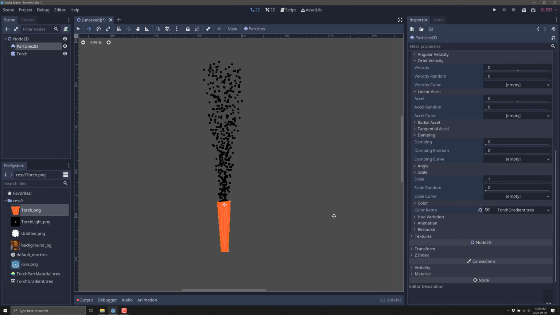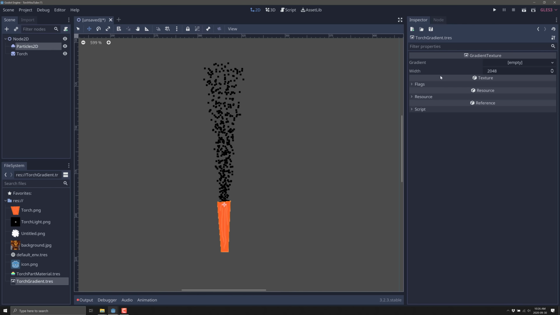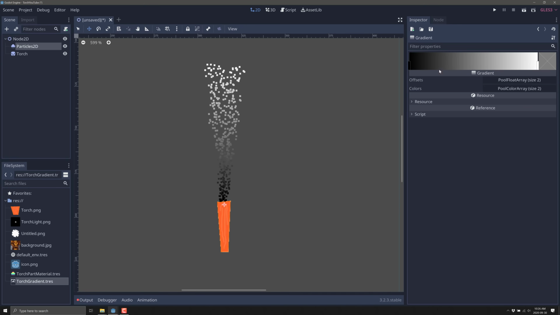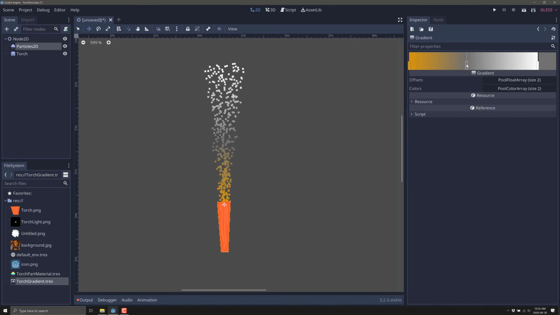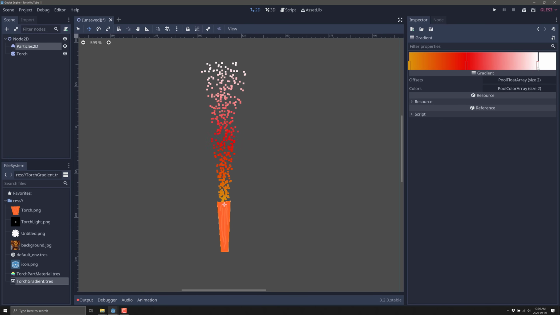So now we have a gradient set to control this, and we can open it up, and here you can see the gradient in action. Let's go ahead and create the new gradient that goes with it, and let's edit that gradient. All right, so here you can see we've got a couple of different colors. We can click in here and make a new color. So let's do the starting color, double click that guy, and we're going to go from orange, like a burnt orange color, and then here we're going to double select that guy. We're going to go to a red, and then at the top, we're going to fade off to smoke, and we've got white. All right, so here we go.